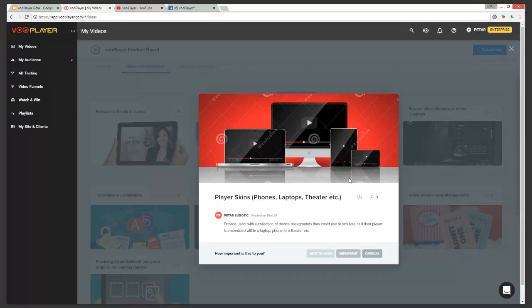use case where we were able to cover a video player with a picture frame, and I'm pretty positive that we can come up with a similar solution. So I don't believe there's a need at this point for VooPlayer to develop this feature built in the app. At this point, I think there's a nice solution that we can come up with sort of in the background,